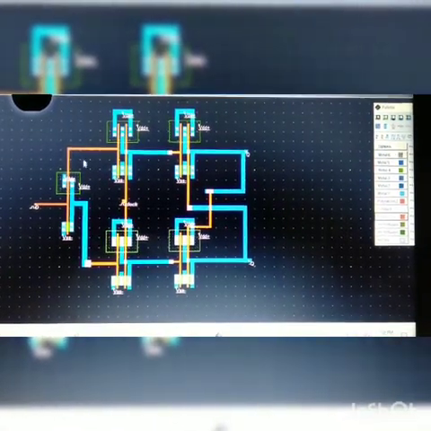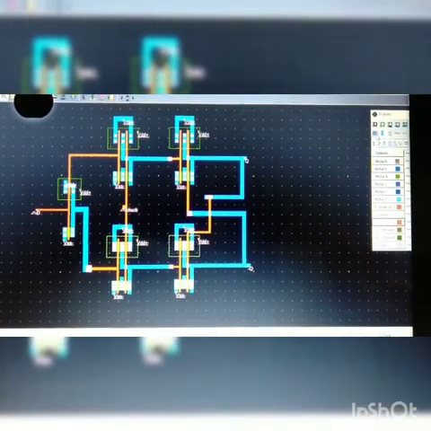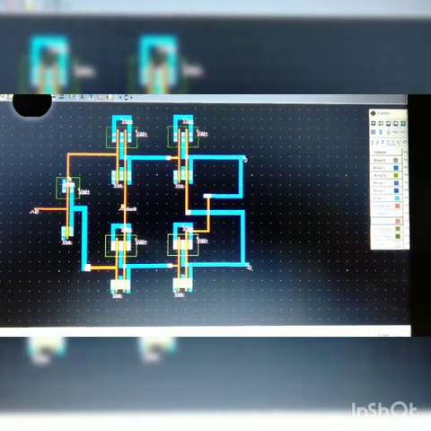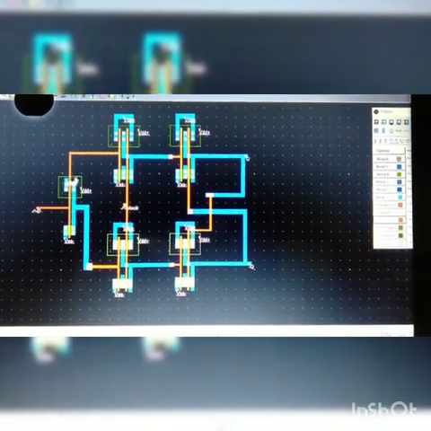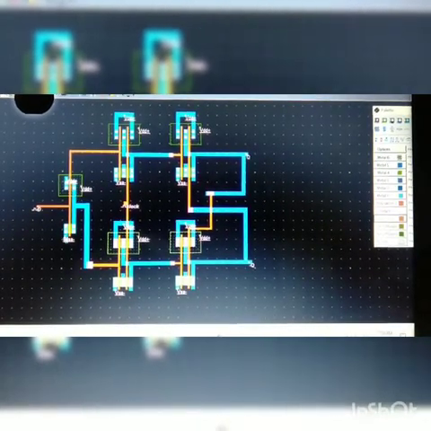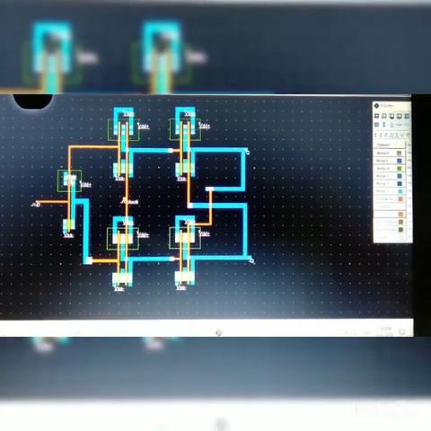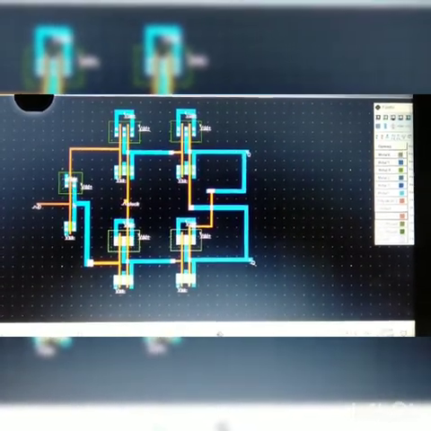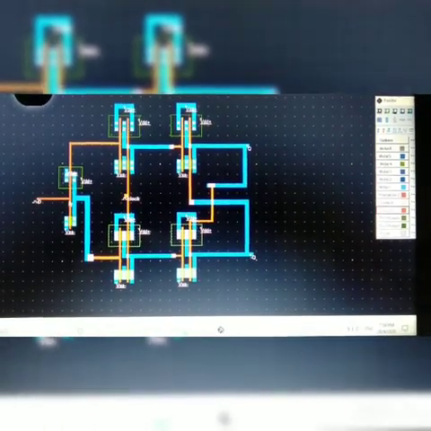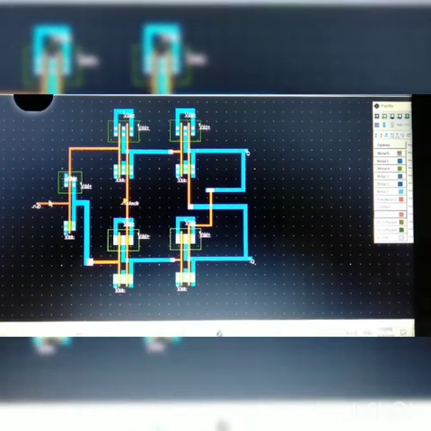So the first thing you have to do is select the MOS generator, and what we have done previously, you do the same here. That is, you select the PMOS block and NMOS block. After selecting, now you connect these two red lines, and you connect this blue line, that is metal and polysilicon. After connecting, there is an inverter here, so you extend this line.